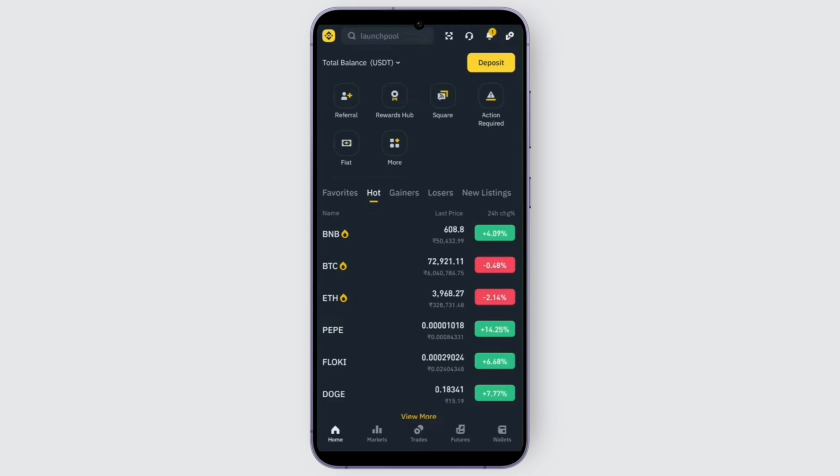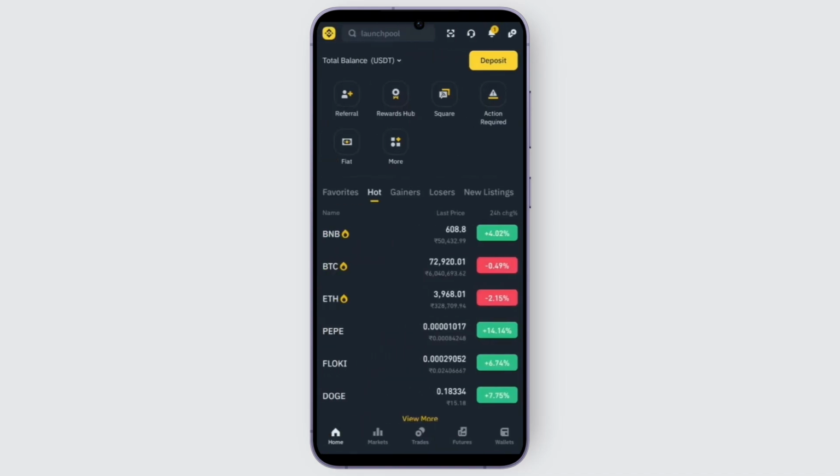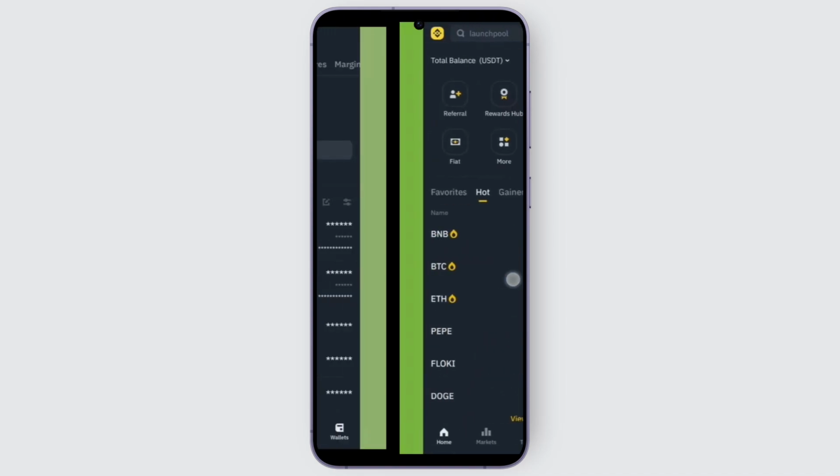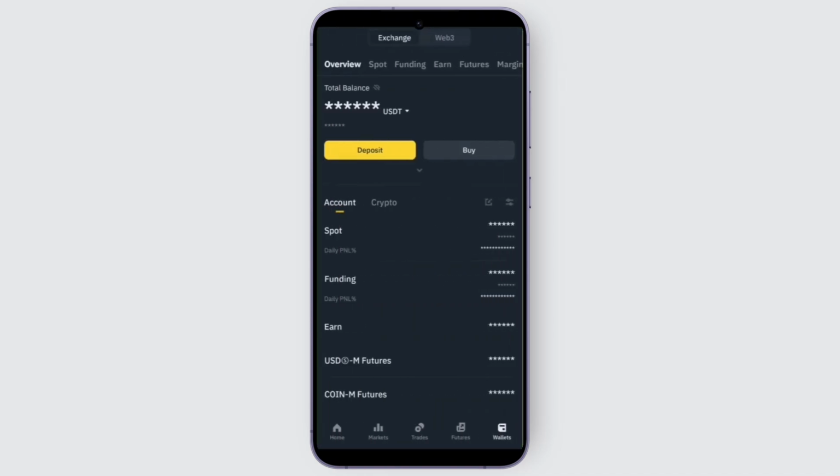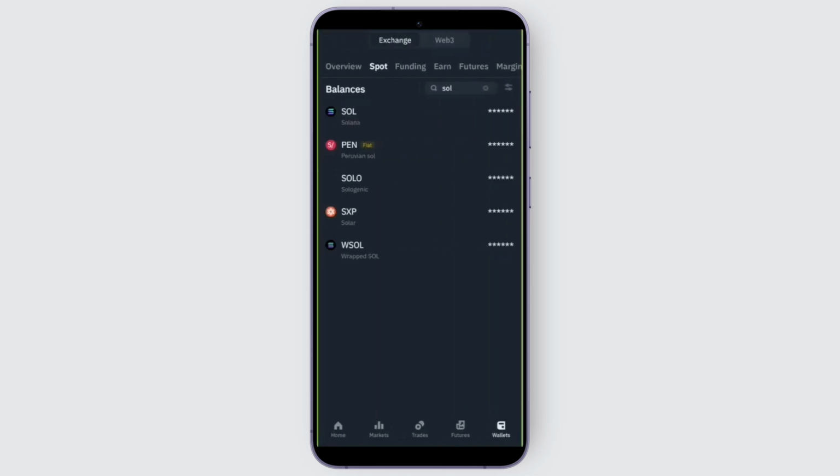So let's start with the process on how we can do it. First of all, launch your Binance application and make sure you're logged in. After logging in, you'll be able to see this kind of interface on your screen. So what you're going to do is simply go to the deposit section, and here you'll be able to find all of this information. So you're just going to head over to the spot, and under spot you'll be able